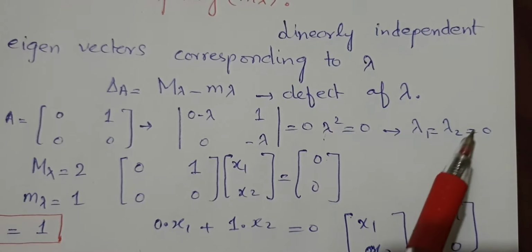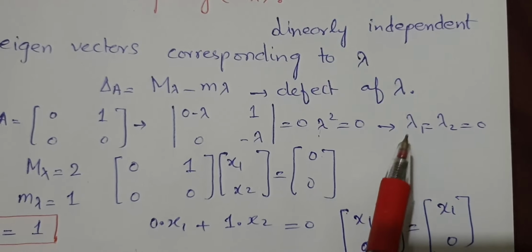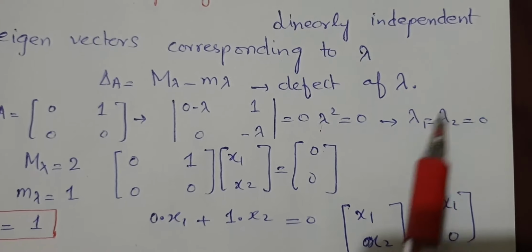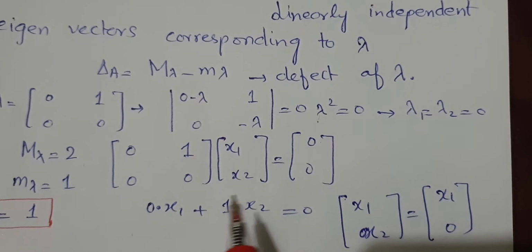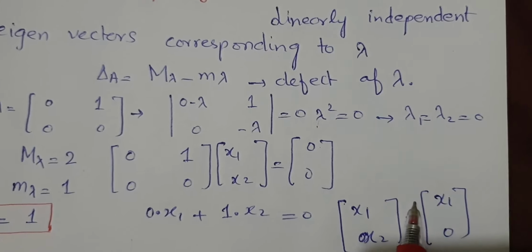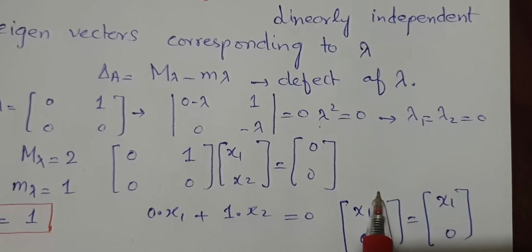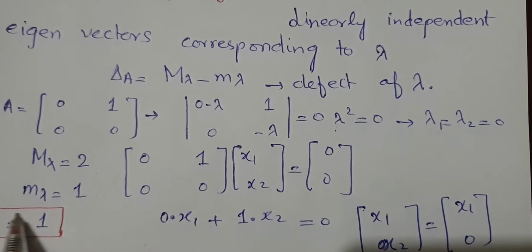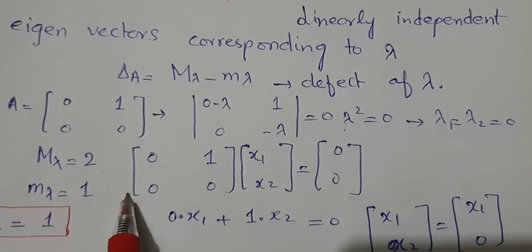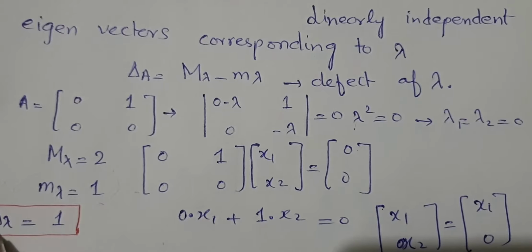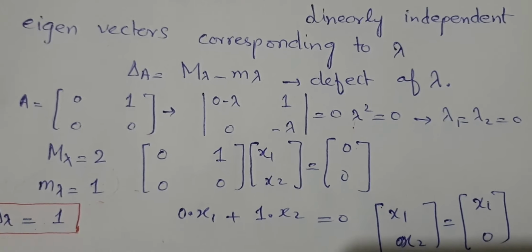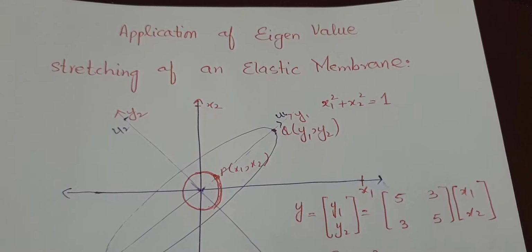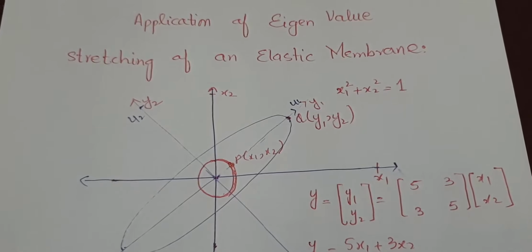So I have determined the eigenvector corresponding to lambda 1 equal to 0. The same will be the case when lambda 2, which is again 0, is substituted. So here we have found only one linearly independent eigenvector. So m(lambda) is equal to 1, because m(lambda) represents the number of linearly independent eigenvectors corresponding to lambda, the eigenvalue of your system. So the defect came out to be 2 minus 1, which is equal to 1. I hope it has cleared the concept of algebraic multiplicity and geometric multiplicity.